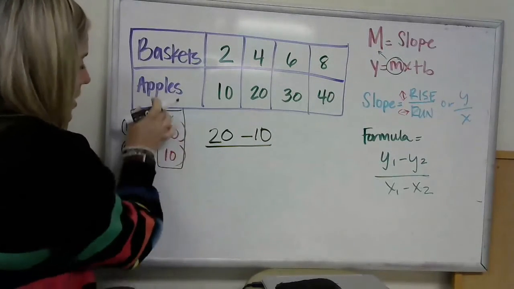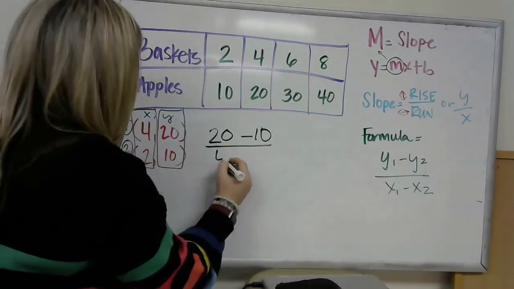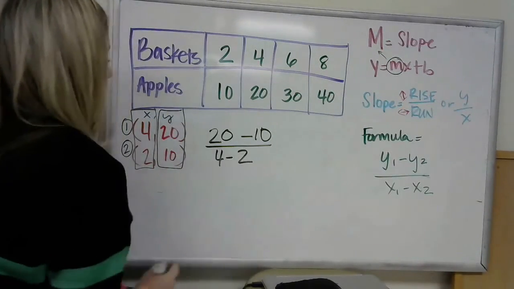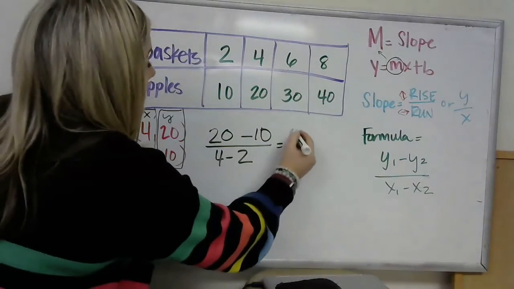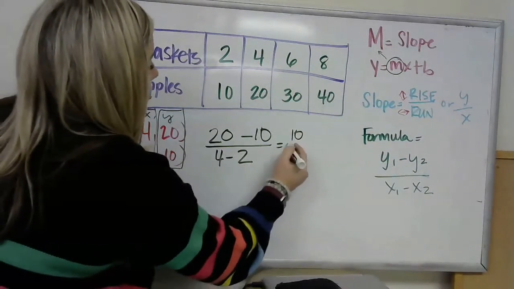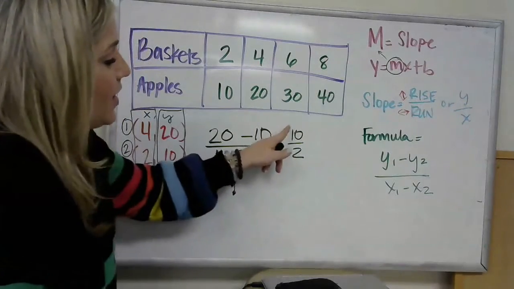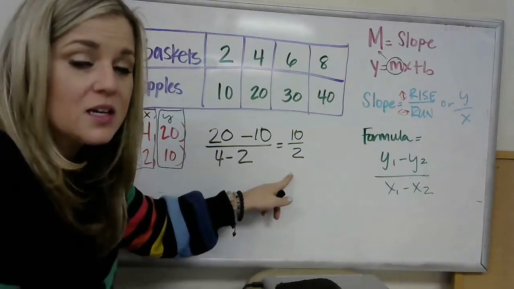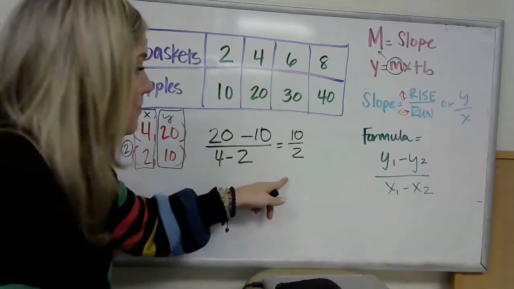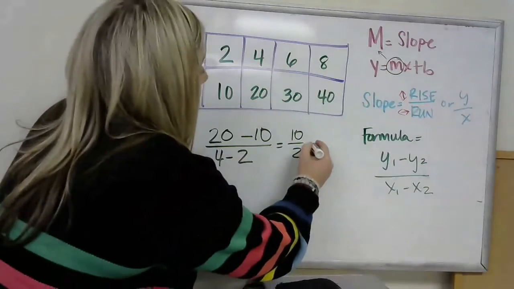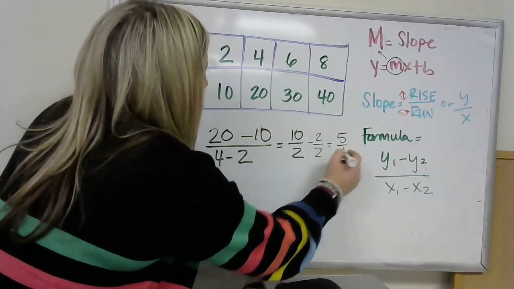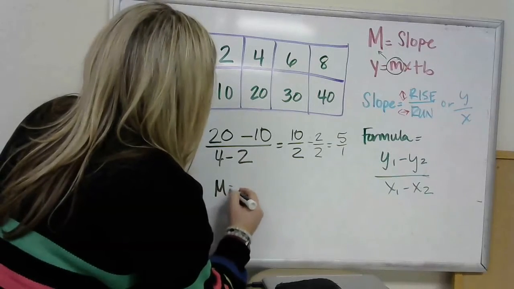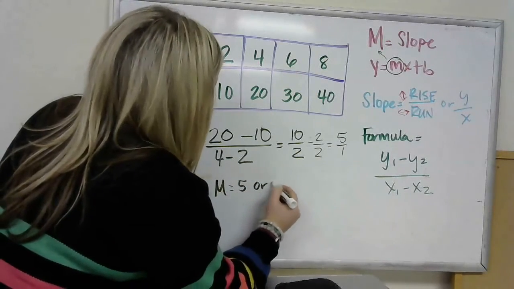So here are my x coordinates. Now I have to subtract those. 20 minus 10 is 10, and 4 minus 2 is 2. I've got an even on top of an even, so I know this can get simplified. I can divide them both by 2, and I will get 5 over 1. So in this case, my slope is 5, or you could say 5